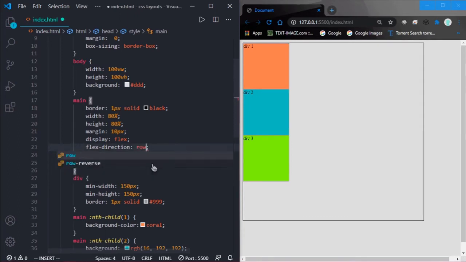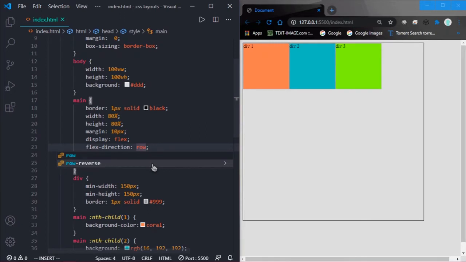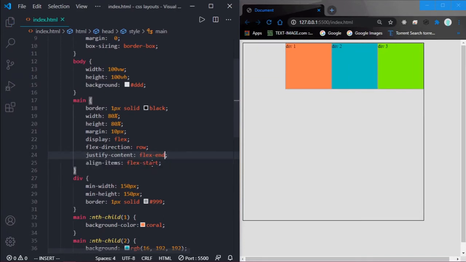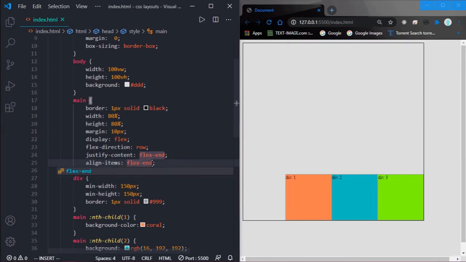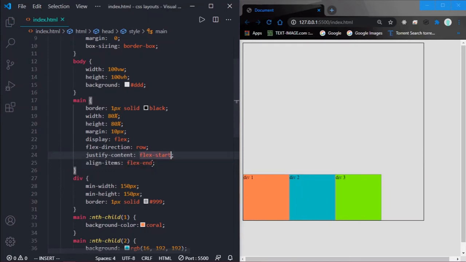Let's set this to row, and if we want everything at the top right side, we will say flex end. So it's here. Now let's set this to flex end, so everything is at the bottom right side, and let's set this to flex start, so everything is at the bottom left side. Like this we can place everything inside a container either horizontally or vertically, depending on the direction of the flex. It's a very powerful container that helps us do these things,